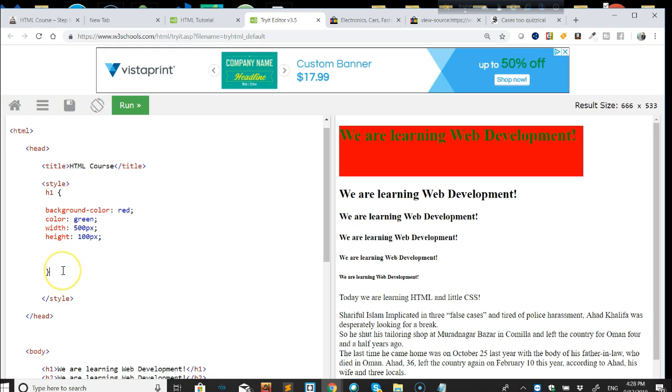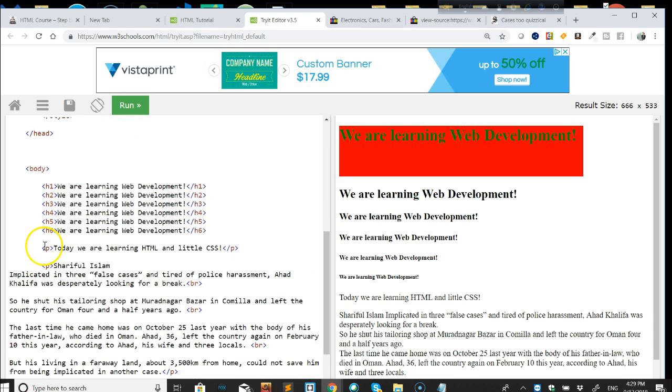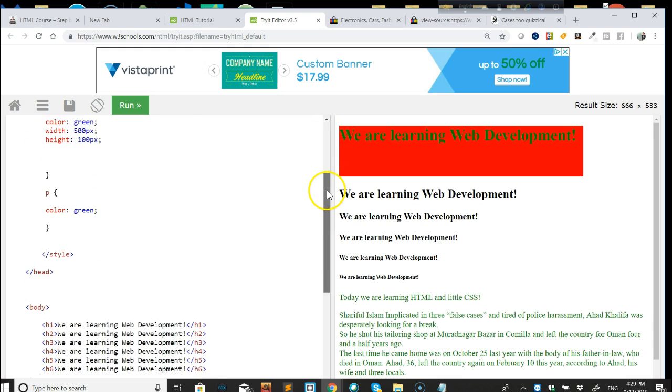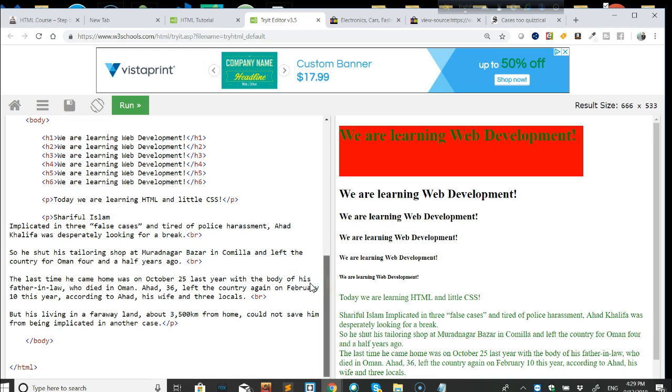Okay, now I want p tag. I think you can remember which one is p tag. P tag is this, right? This one and all this. So we select p tag as a CSS selector. Then I say color green. Okay, and I run. I can see the text has become green. Okay, so it was an introductory class, and later on we will also learn